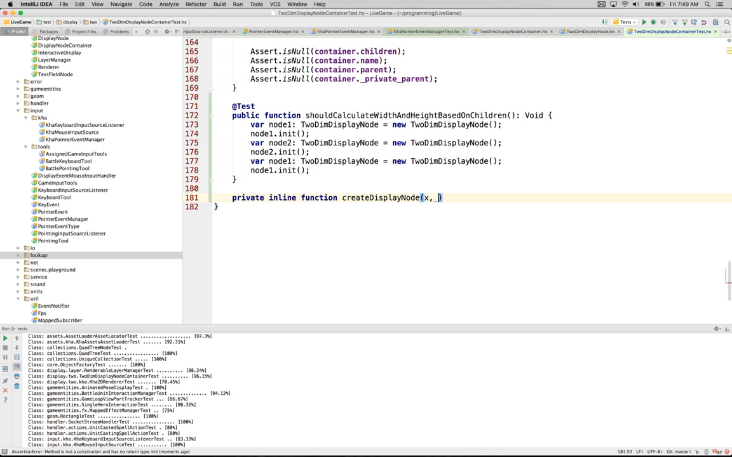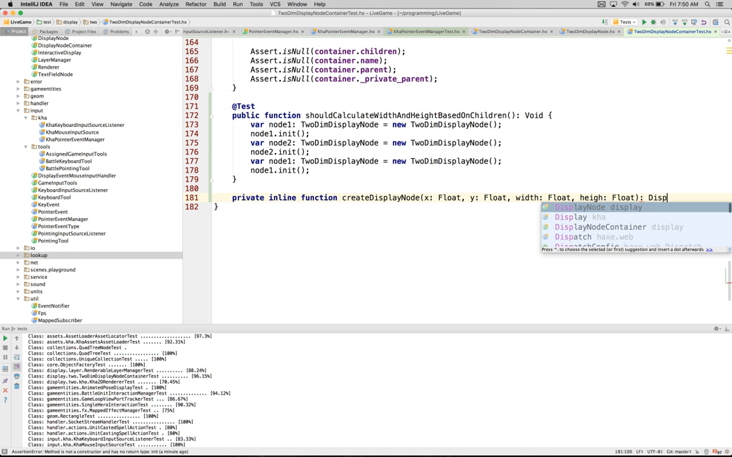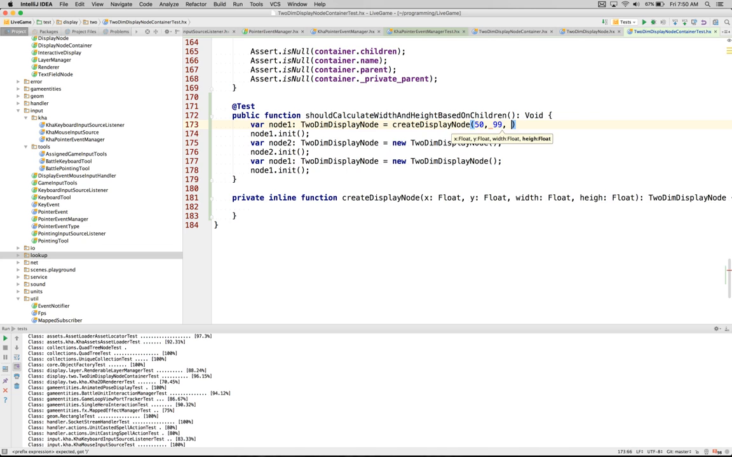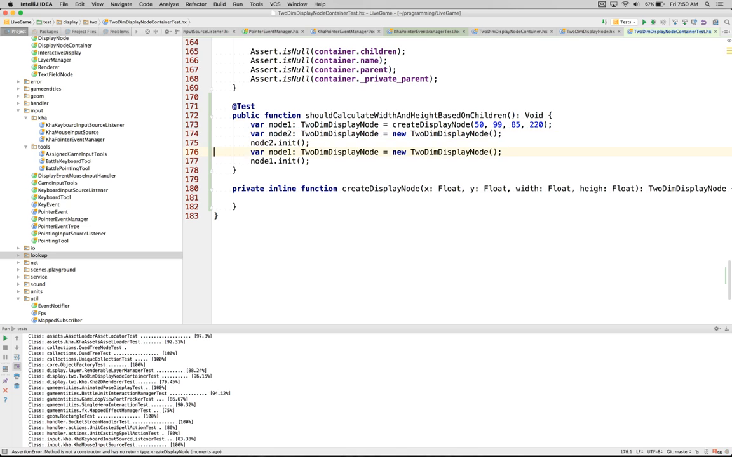Oops, actually what we'll do is a private inline function, createDisplayNode, with x float, y float, width float, height float, and that's going to give us a two-dimensional display node. And what we need is node1 is createDisplayNode. I'll say like 50, 99, 85, 220, and